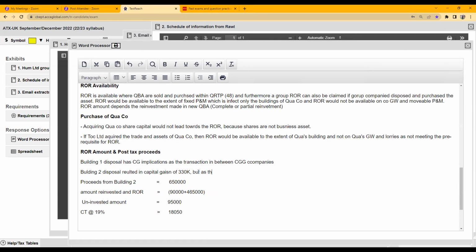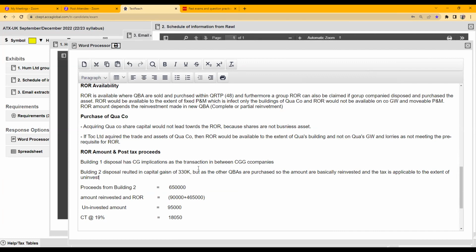As the other qualifying business assets are purchased, the amounts are basically reinvested, and the tax is applicable to the extent of the uninvested amount, which is 95,000, and a corporation tax of 18,050 is applicable. Post-tax proceeds will be